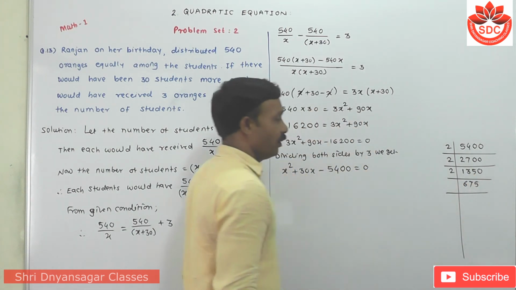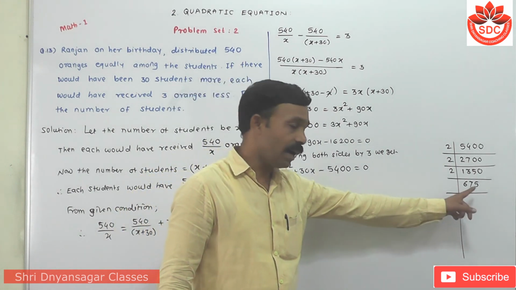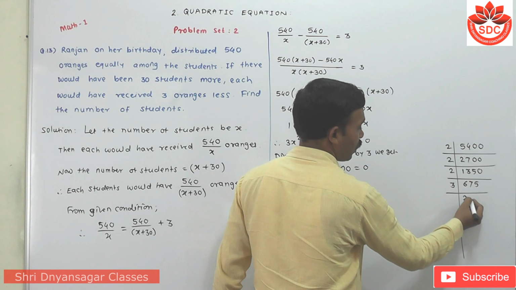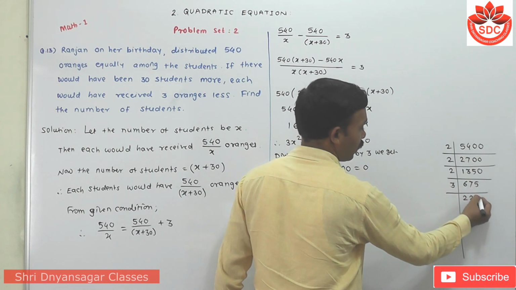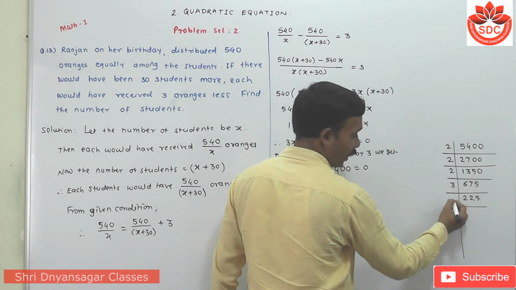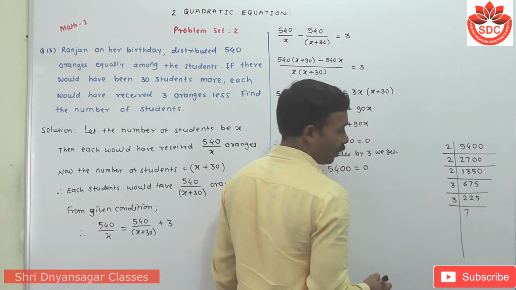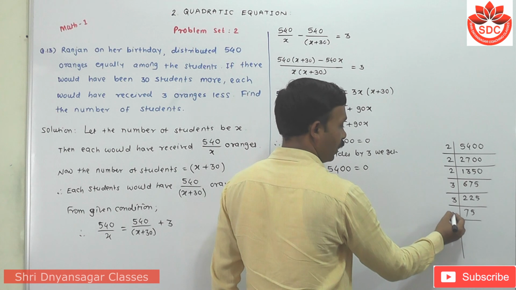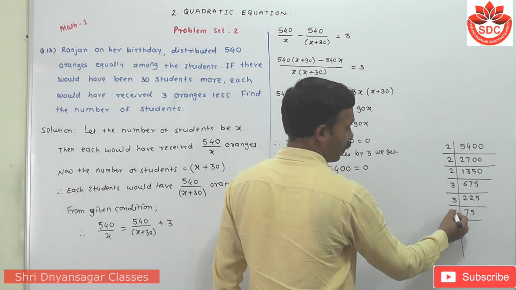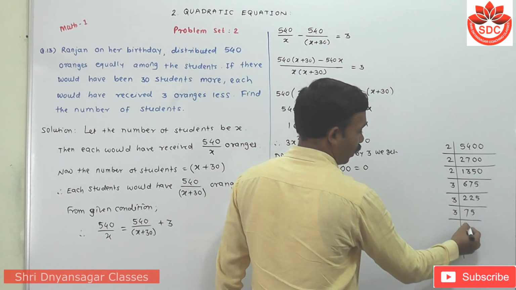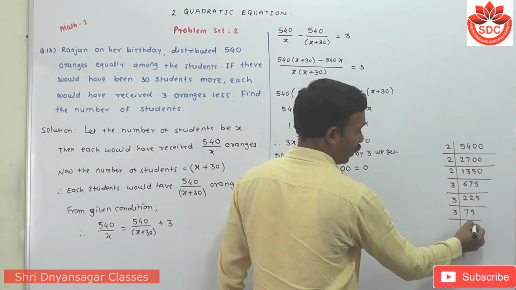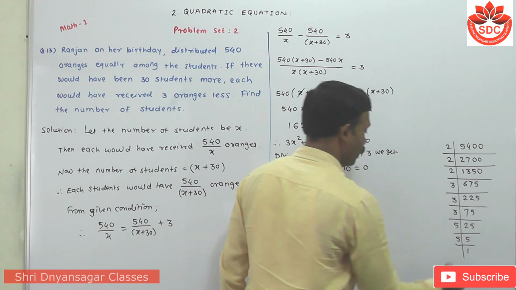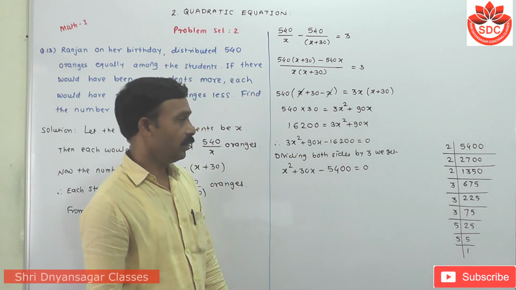Then by using the division test we can divide it by 3. So 3 2s are 6, again 3 2s are 6, 1 carry 3 5. Again we can divide by 3, therefore 3 7s are 1 carry 3 5. Then again we divide it by 3, 3 2s are 6, 1 carry 3 5. Then divide by 5, 5 5, then 5 1. This is the prime factorization of 5400.